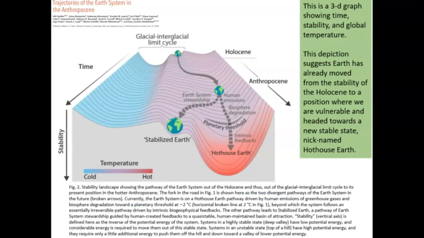This is a three-dimensional visualization of some of the same information that we just saw. The x-axis, which crosses left and right, represents how hot or cold the Earth is. The vertical axis represents climate stability. The higher on the graph, the more stable Earth's climate is. The lower on the graph, the more unstable. There is a third axis here, one that travels toward and away from our perspective. It represents time, with the future and current time being close to us and distant times farther away.